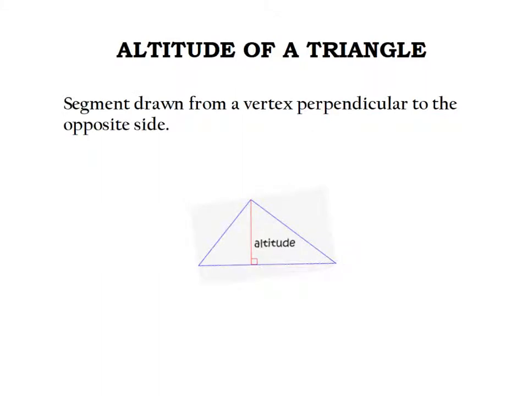All right, we're going to move on to the next segment then. So that was medians. Now let's look at altitudes. Altitudes, again, are something you should have seen before. You use them when you find the area of a triangle, when you do 1/2 base times height. The height is the altitude, and it is always drawn out of a vertex